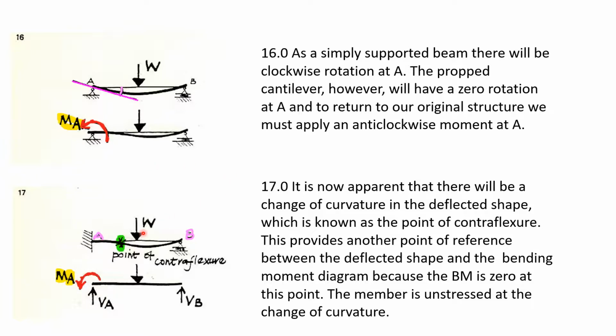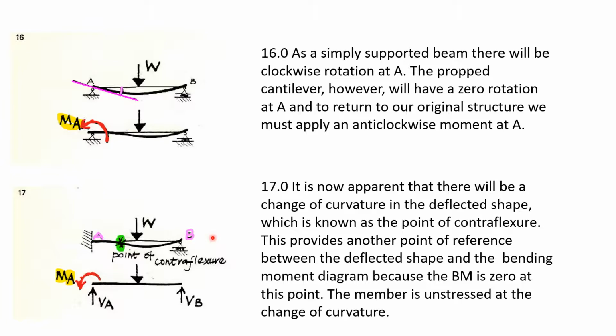Now it is very apparent that there will be a change of curvature. Initially the curvature is like this, sagging. Because of the application of this anti-clockwise moment, there will be a hogging curvature, hogging moment. So this curvature goes like this, and this curvature goes like this. Initially there was only a single curvature, now we have one bend of hogging and one of sagging. So it is now apparent that there will be a change of curvature in the deflected shape,